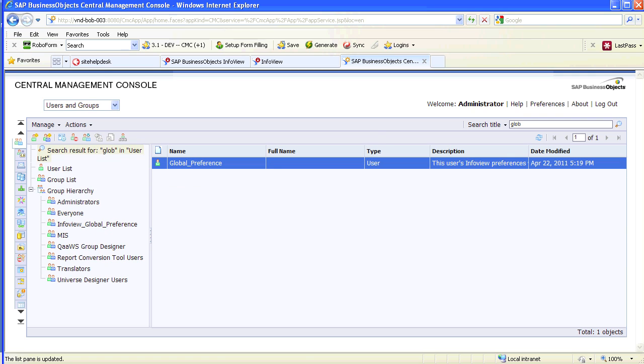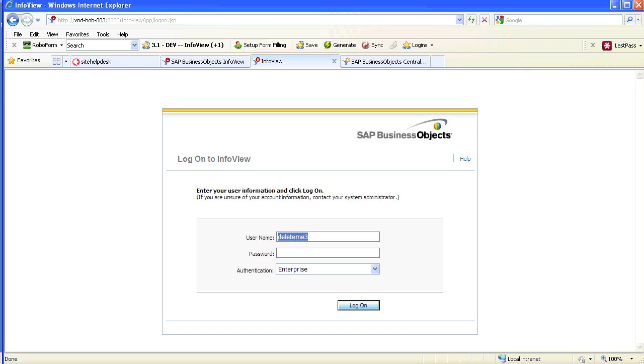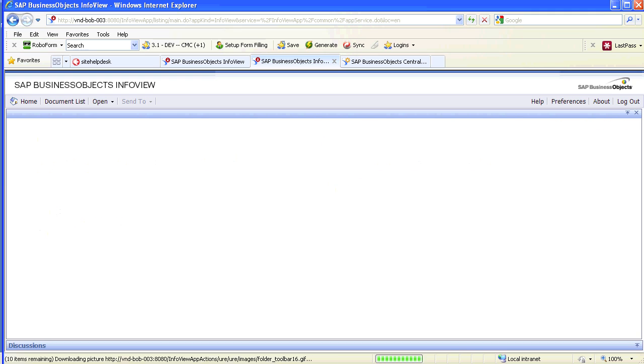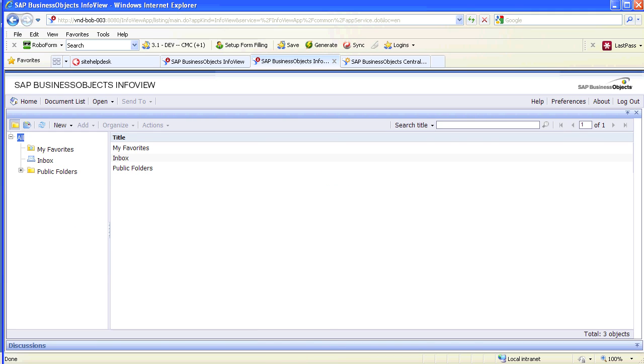And then we'll go back to the global preferences. Global preference username, and log in as global preference. And you see, even for this user, we're brought to the navigation screen. We click on the document list, we're taken to our public folders. So we'll go to the preferences of this user,